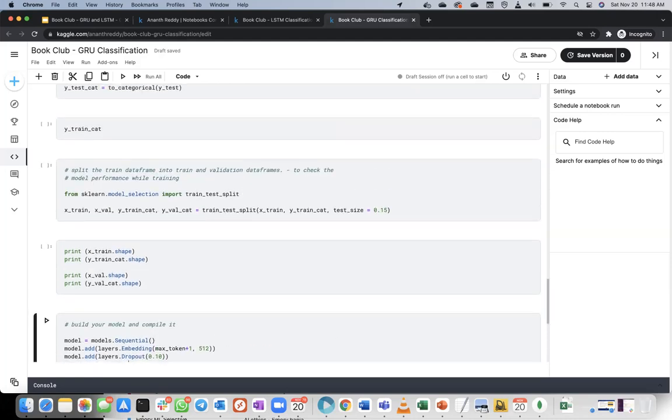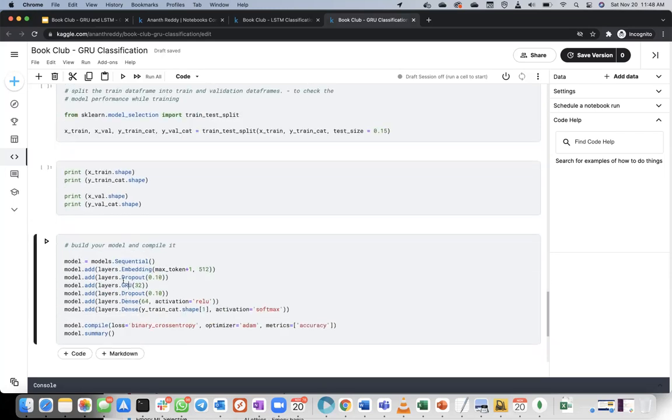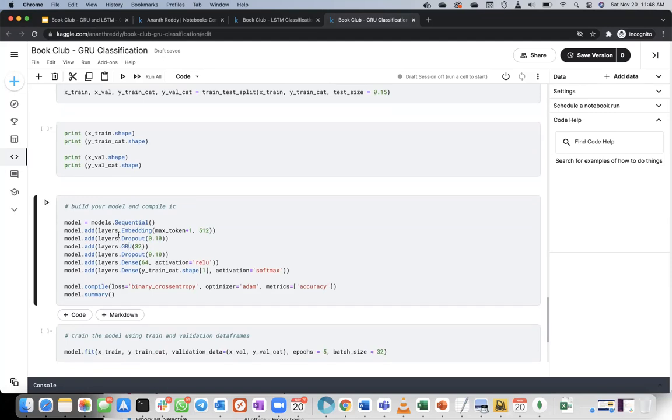Because most of the code we are writing is mainly to do text processing. We take those tweets, get the information we want, process that, and get the target variables ready. This is the most work we are doing, and building the model is a very small part of our code. Only this highlighted portion is where we are building the model. Because this is a simple model, we were able to write it in a single cell. But when we are experimenting, we write bit more complicated models.